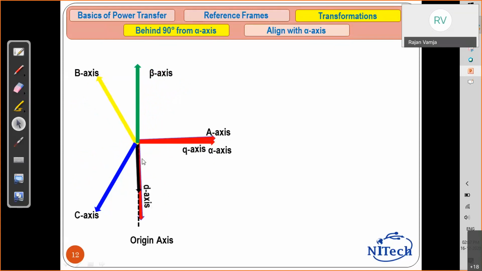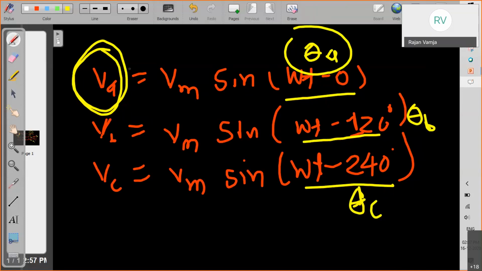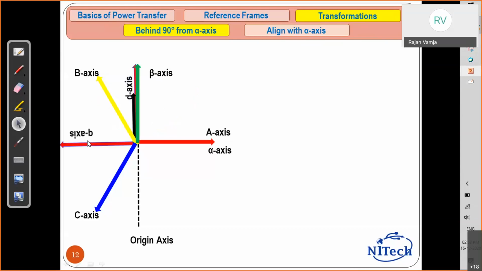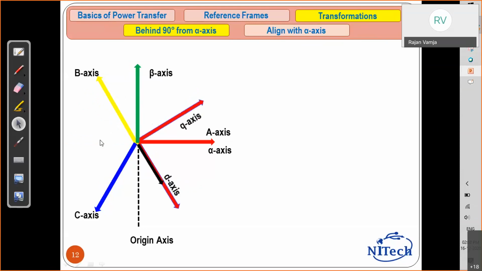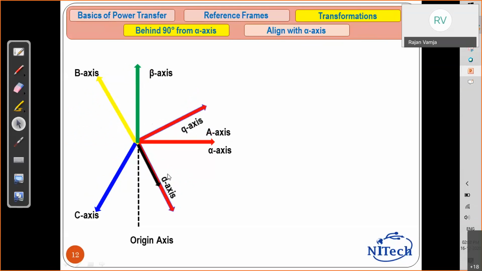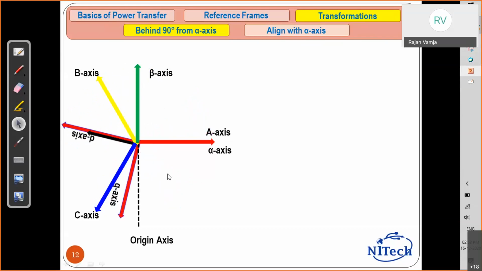So my question, if having this, I can say that whatever black color space vector is there, that space vector magnitude is Vm. So can anyone say what is the value of VD and VQ? It will be 0, 1,